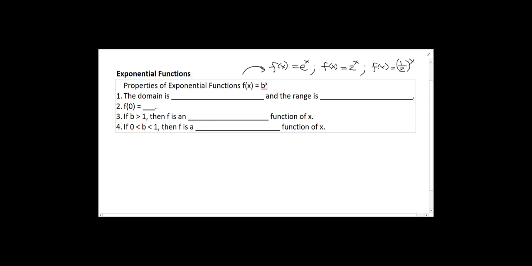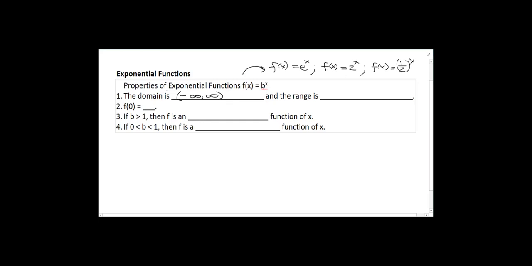So the domain of all of this, right? Domain is all the values for which the function is defined. Is there anything that's going to make it undefined? Not really. So the domain of an exponential function is all real numbers. And the range,